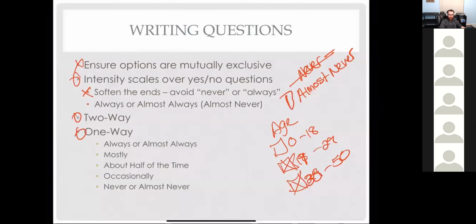2-way versus 1-way, right? You'll see this. This is kind of a 1-way question where this is kind of 0, and this is more. It's basically a one-directional thing, which always moves this way, versus a 2-way scale, which would be like the strongly disagree to strongly agree scale,